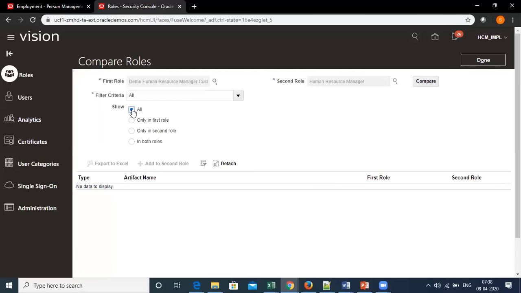It means show me all the privileges which are available in the first role, all the privileges and roles which are available in the second role, and also all the privileges and roles which are common in both roles. So let's say I just want to see what is available in the first role, that is our custom role. So I can select that option and I can click on